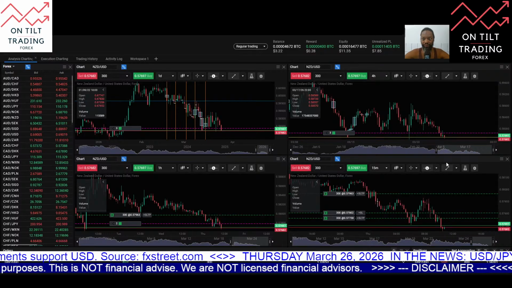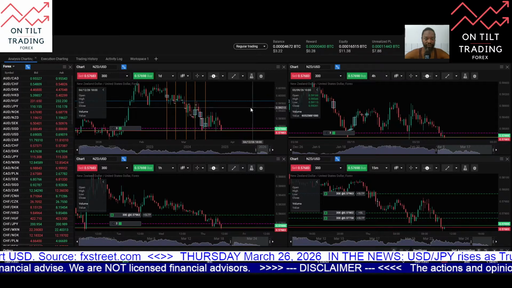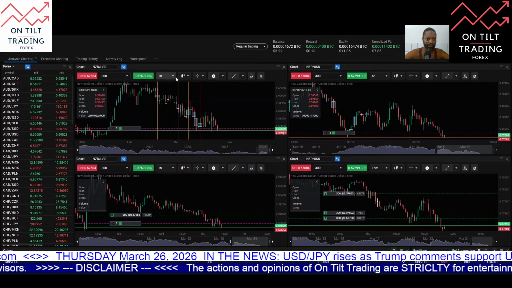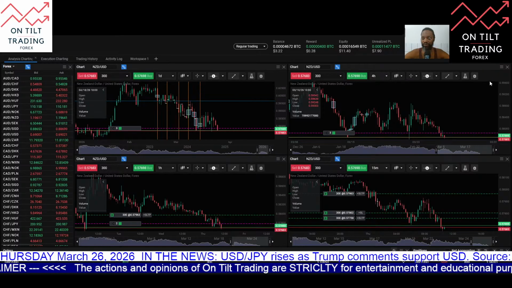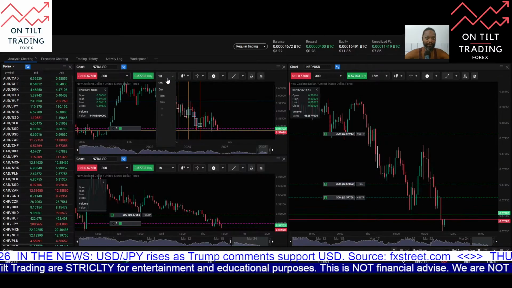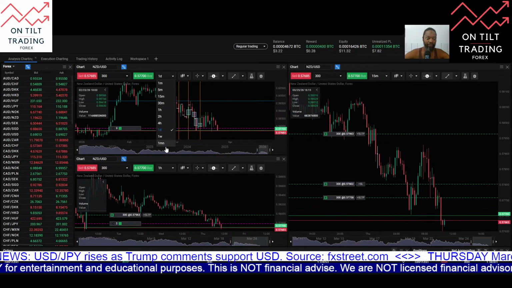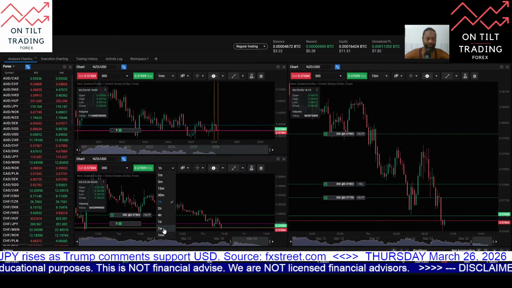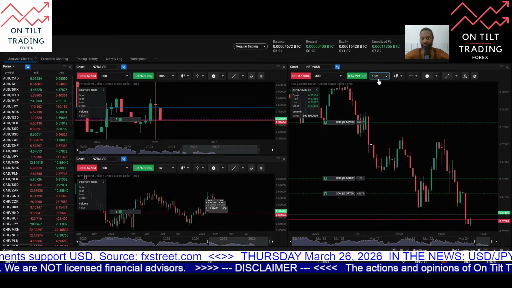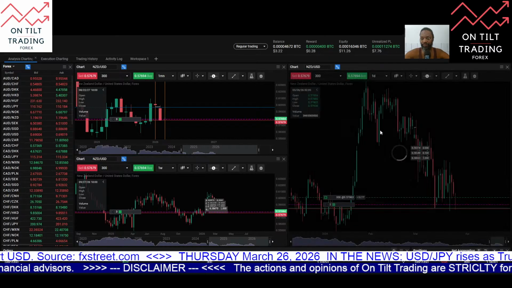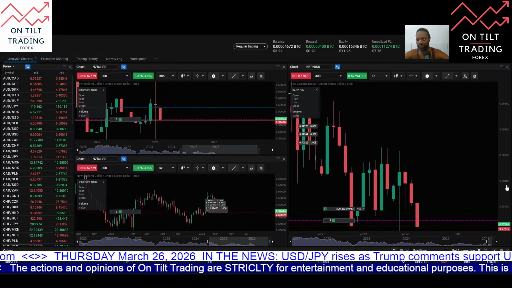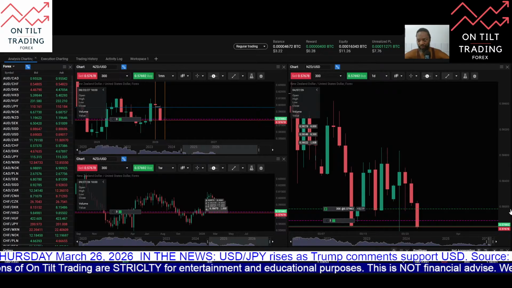Now I'm looking at an older version of here. Okay. My platform has reverted back to an older version of itself, so I'm going to make some adjustments here on the fly and get back to the charting setup that I want to see here. Okay, so here on Kiwi dollar,